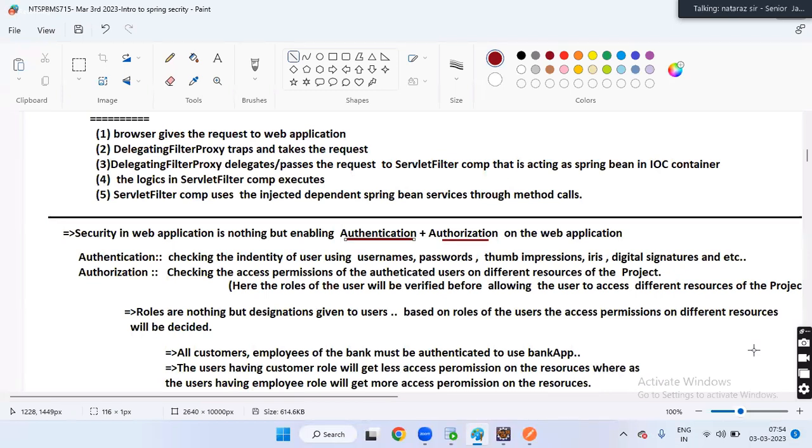I'll give a best example, guys. A bank employee and a bank customer will use the same mobile application. But the bank employee will get more options in the application compared to the bank customer. When you log in by submitting customer username and password, your role is customer, so you will get fewer options to operate.